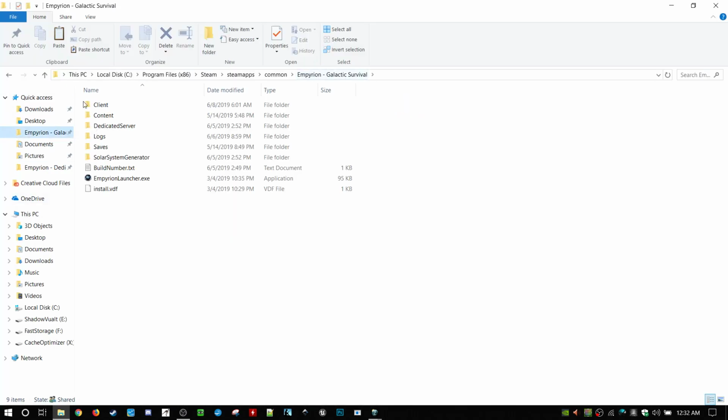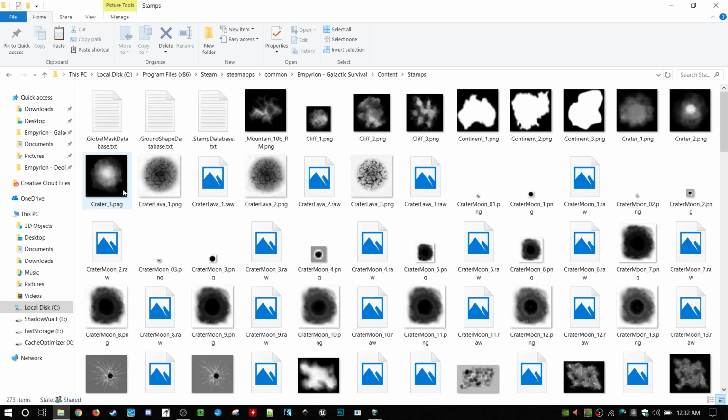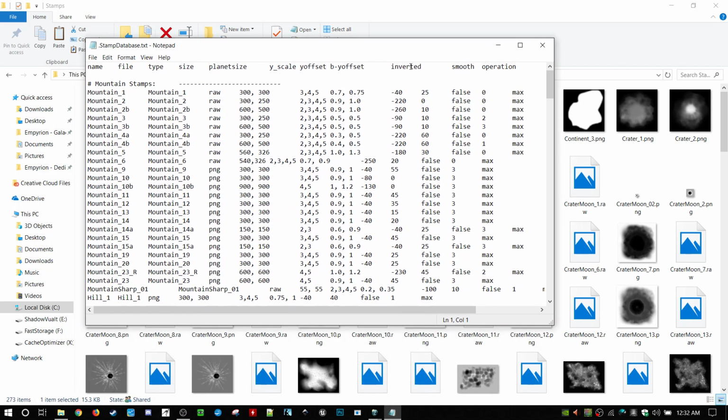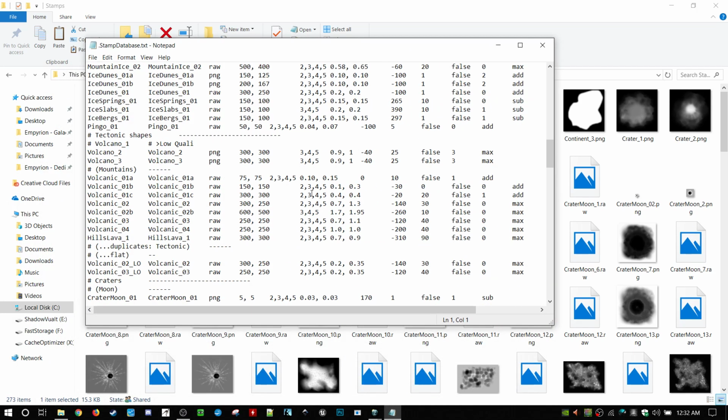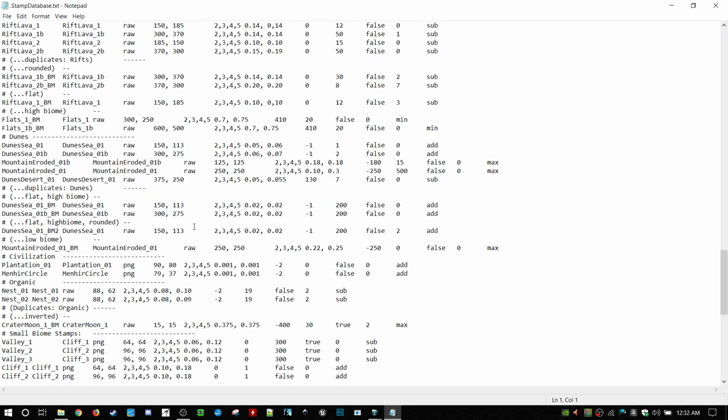You can find all of these in the contents, and I believe it is in stamps. This is one great one to look at. Right here, these global mask data, ground data, you can use these as references along with the pictures to see what these are exactly doing. This is a little library of all the stamps in the game, how big they are, and also this is